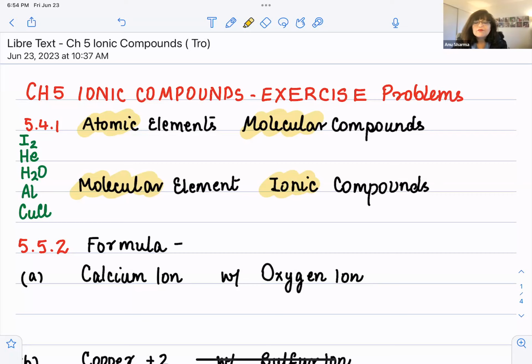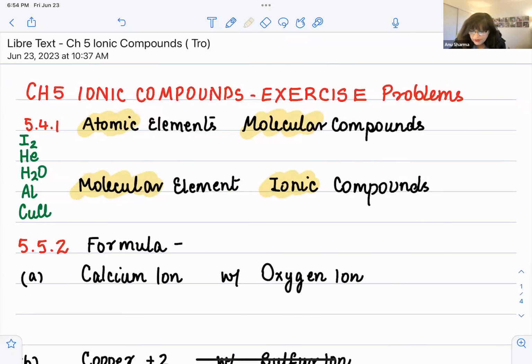Both of them are the same, so it is a molecular element. Next is the molecular compound. In molecular compounds, the atoms are different. There are two or more atoms, but they are different and they are nonmetals. For example, carbon and oxygen combined together, or hydrogen and oxygen combined together, like water. Those are molecular compounds. Ionic compounds are a metal and a nonmetal. The metal will have a positive charge and the nonmetal will have a negative charge. So keep this in mind